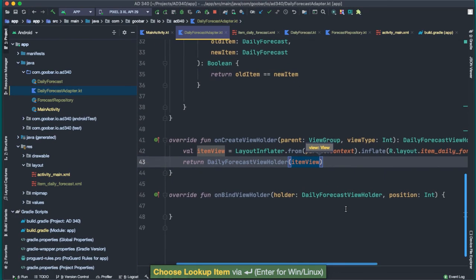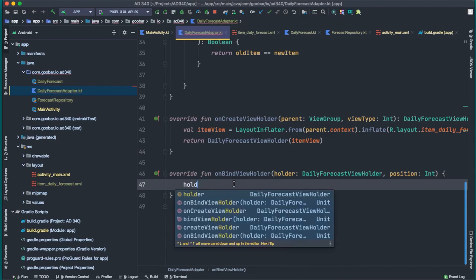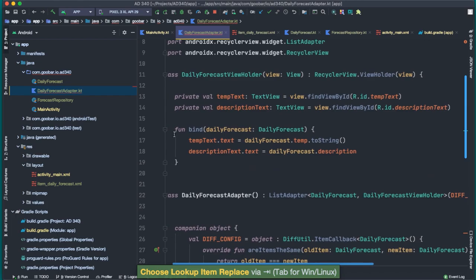So now anytime the RecyclerView needs to create a new view holder, it's going to call this method. And anytime it needs to bind a view holder so that it can put new information on the screen, it's going to call onBindViewHolder. In onBindViewHolder, we get passed back an instance of the view holder we just created. So we can type holder.bind. Now remember, bind is that method we just called up here, which takes a forecast item and then updates